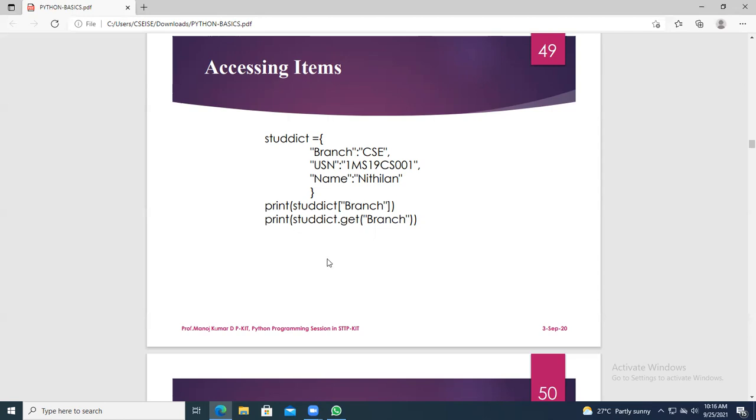Suppose you want to access the name using the get method, what do you give? I want the name to be printed.